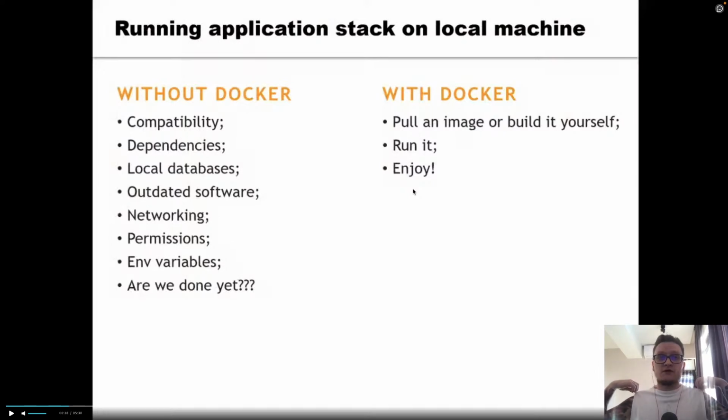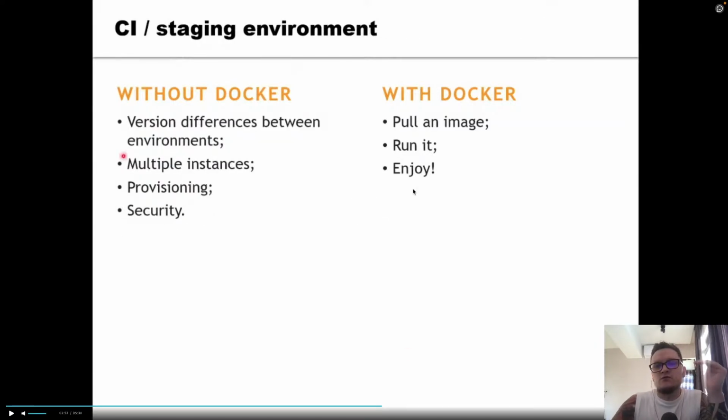And with Docker, you can just pull the image, build it, and run. You don't have to adjust anything inside your own system. Docker will do it inside its own container. This is the biggest benefit of Docker. You don't have to add anything that you don't need in your work. So you develop your backend, and you just run your front-end application inside the Docker container, and it just runs and works, and you can open it up.